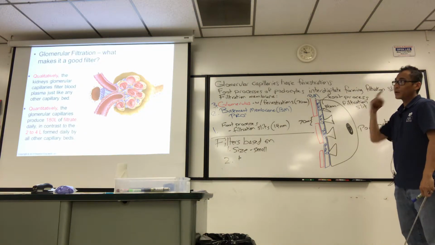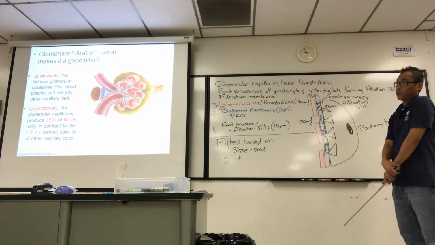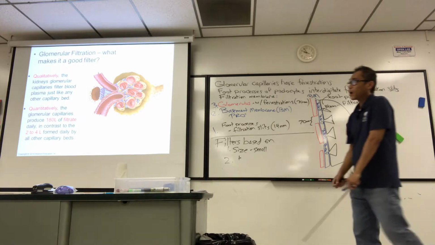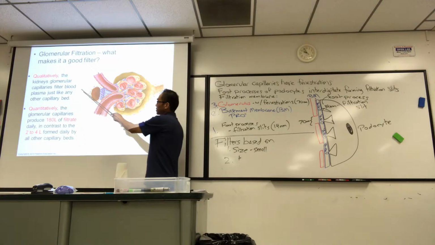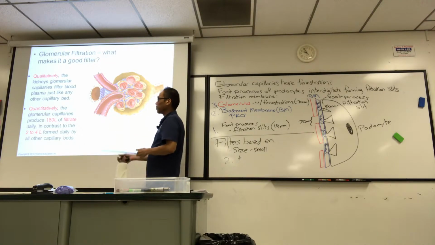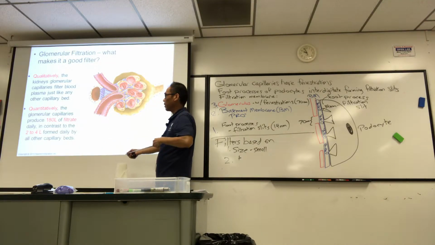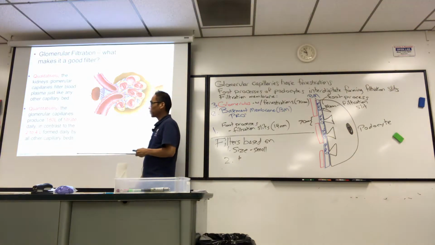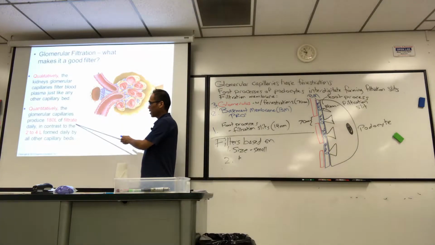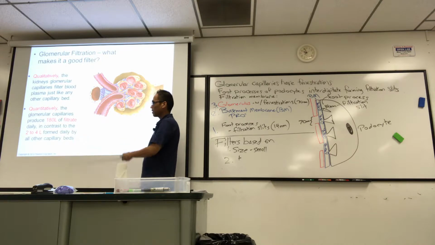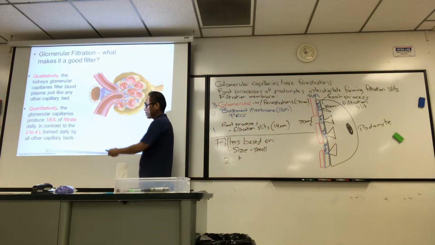All right, now, so the glomerular filtration, what makes it a good filter? Well, qualitatively, the kidney's glomerular capillaries are going to filter blood plasma just like any other capillary bed. However, quantitatively, they're going to do much more. They'll produce about 180 liters of filtrate daily, as opposed to 2 to 4 liters daily from any other capillary bed. So that's a lot